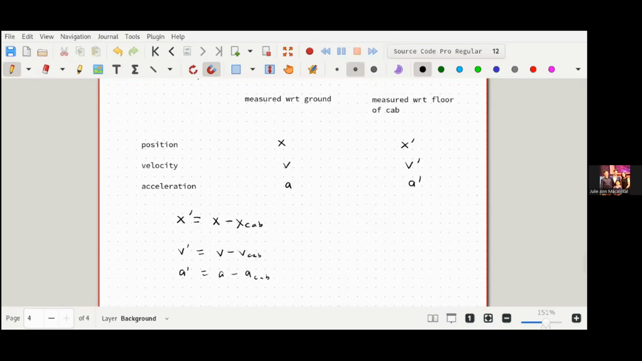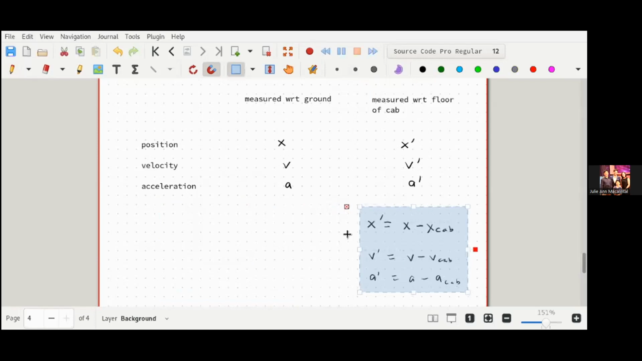So, we can think of those equations as converting measurements made with respect to the ground, because x cab is the position of the floor of the cab. Okay. So here, everything on the right is measured by the ground. Everything on the left is measured with respect to the floor. Then we can get the inverse transformation. X equals x prime. Then here,